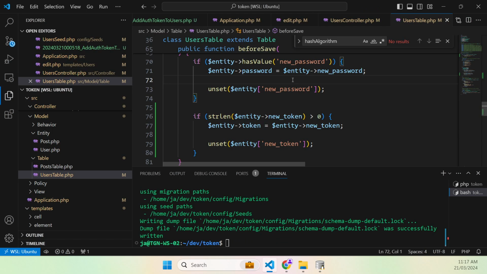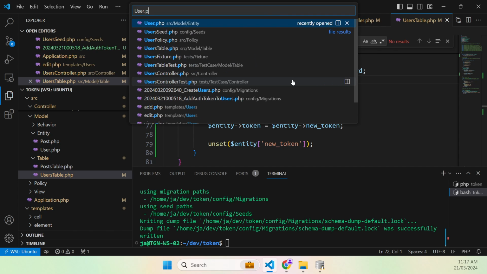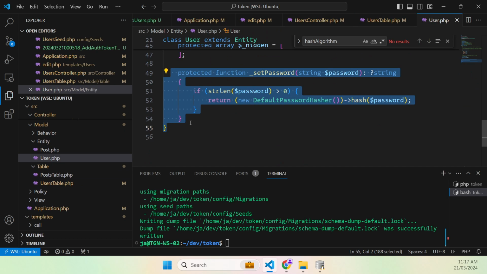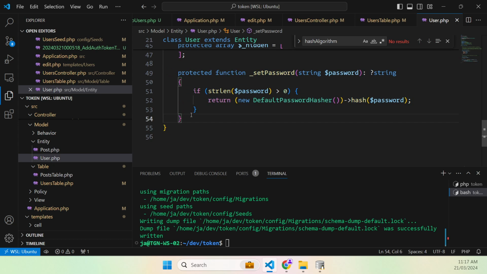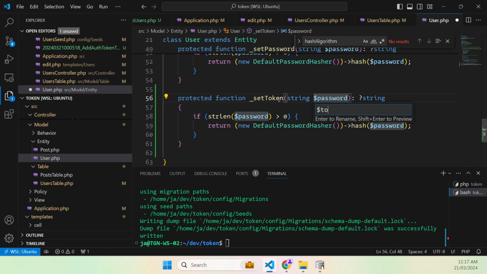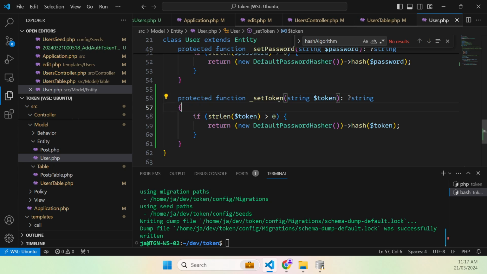To do that, we want to go into our user entity, and we've already got a nice sample here for setting the password, hashing it. So we're going to copy that, and say when we want to set the token field, we want to take that token, and we can't use the default password hasher, but the recommended hash algorithm, as we saw in the documentation, is